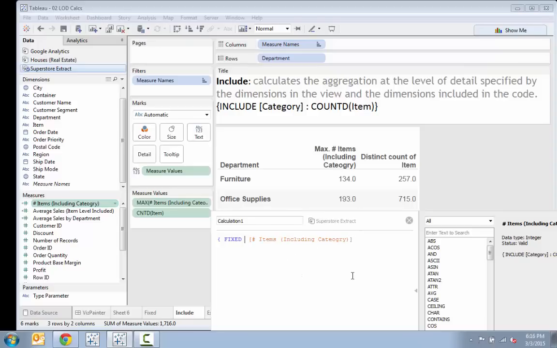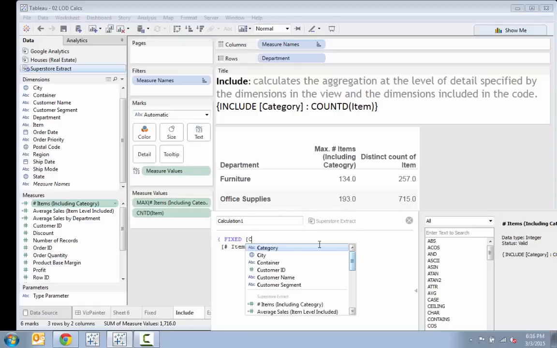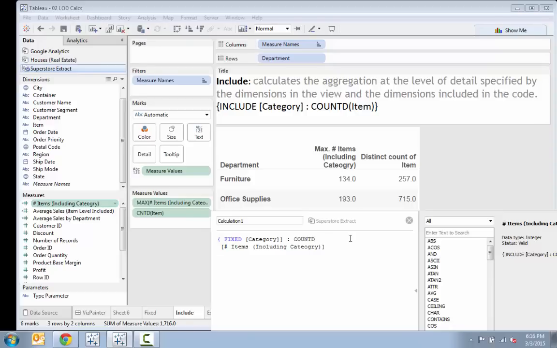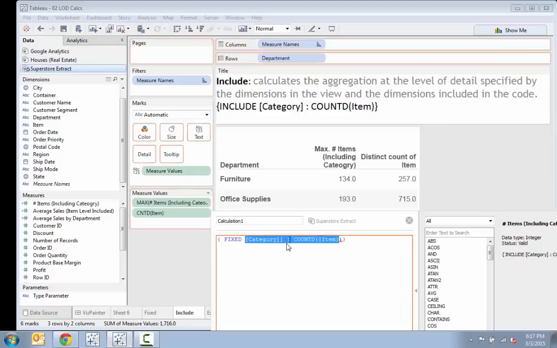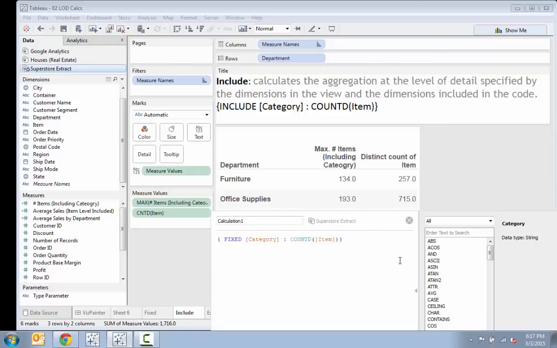Oh yeah, sorry. So the question is can I actually show what the category is? So I know that the maximum has 134 items, but what is it? So what is my max? So I'm going to fix this first at the level of detail of category. We'll do the count distinct of, let me clear that out for a second, of count distinct of the number of items. You know what, we already have it, so let's just bring it in. Something wasn't right. Alright, so I'm going to count the number of items at the fixed category level, and then